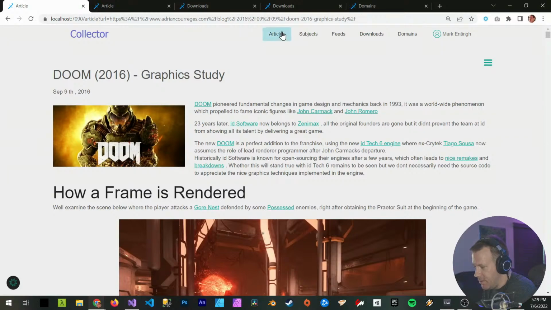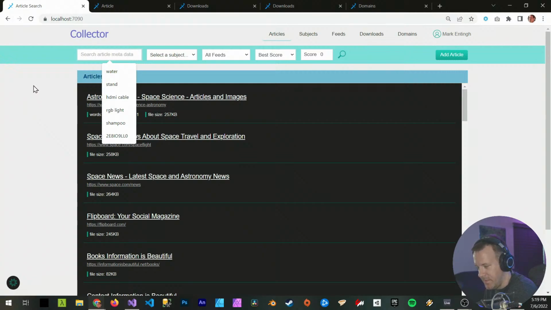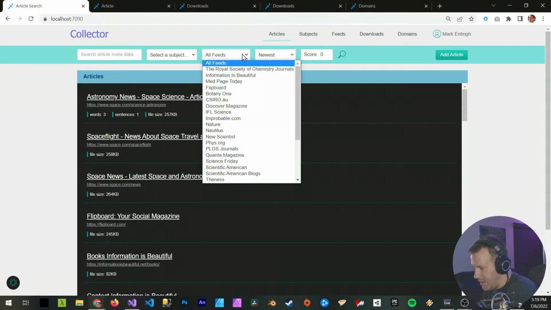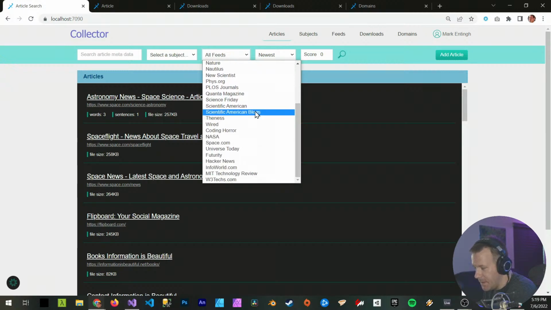Right? I don't have to go to Google anymore. I just click on my articles and search. And I can search by all these different, I can sort by, let's say, newest first. I can filter by feed, and I tell Collector what feeds should exist. So I could have millions of feeds. In fact, in the future, when this starts growing and I do have thousands and thousands of feeds,